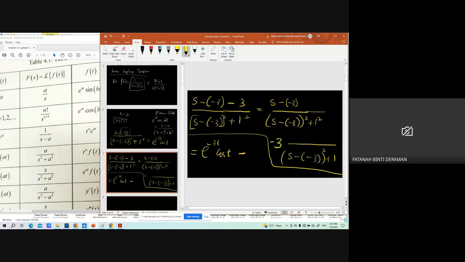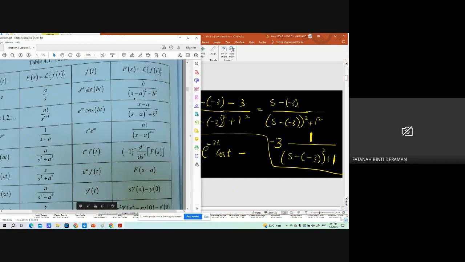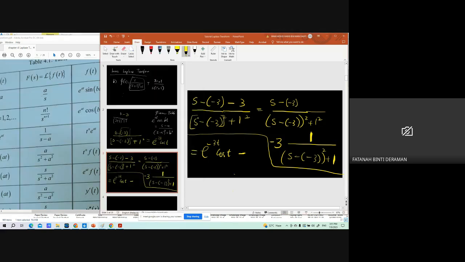Tolak 3 kat depan. And then, kat atas ni jadi 1. So, 1 kat bawah. So, kat sini kita tengok B and this number. Okay, so now, 3. So, dia akan jadi negative 3. Yang ni adalah E